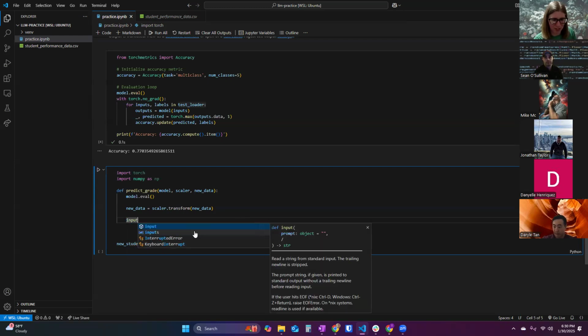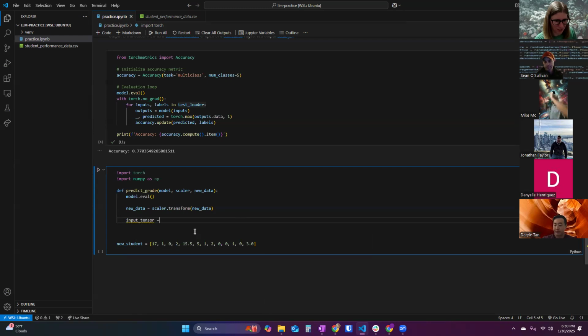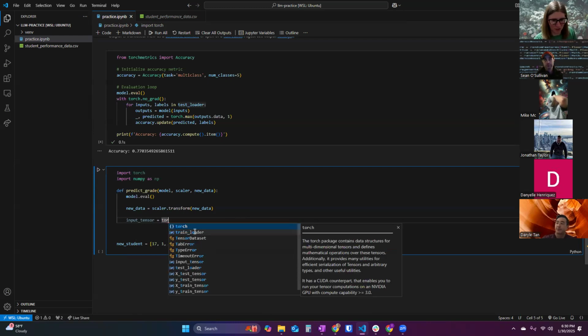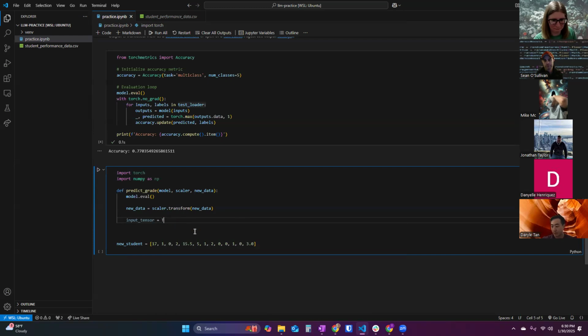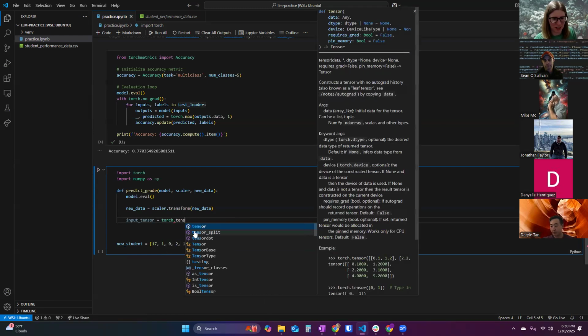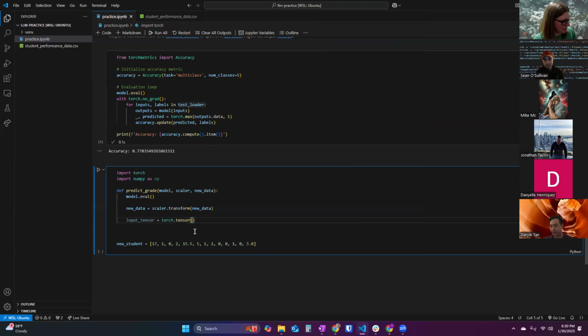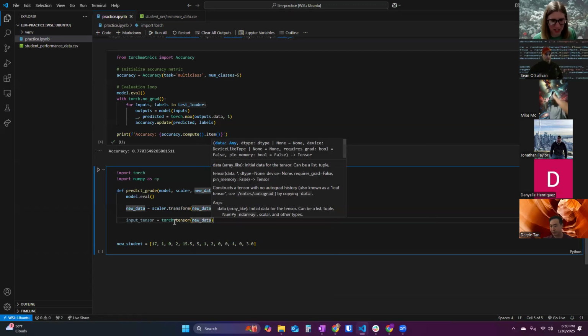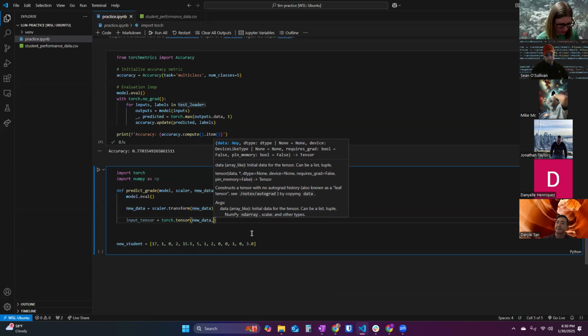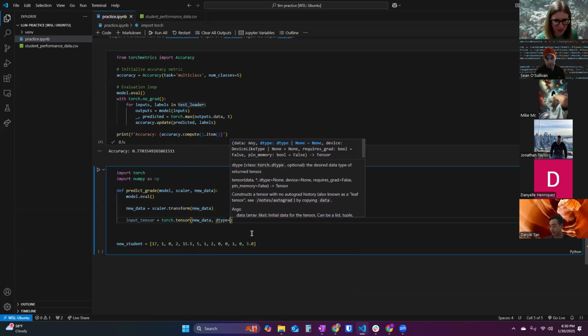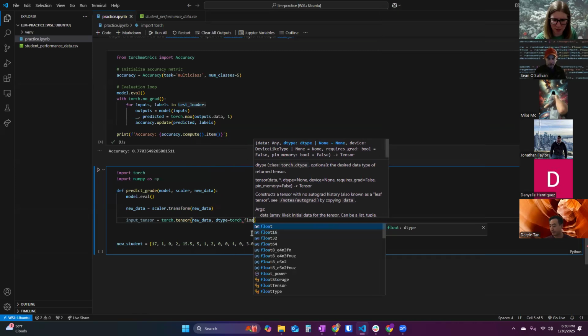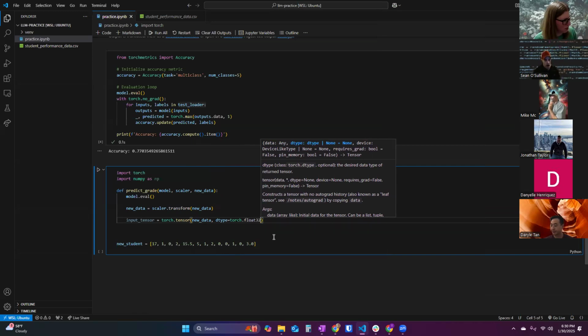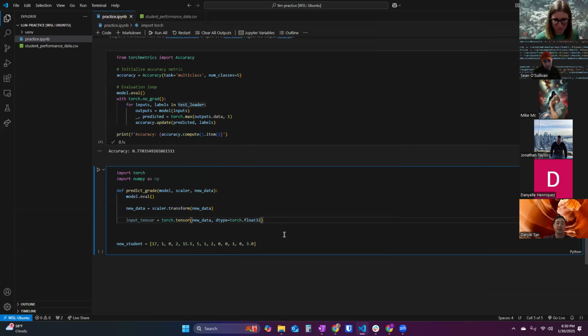So we're going to have our input tensor. It's going to equal this. We do the torch. This is copying how you've already passed data in to make tensors. So we're going to pass in new data. We're going to say the dtype is torch.float. We've got to make it all float32. And then right now, if I pass this in this way,